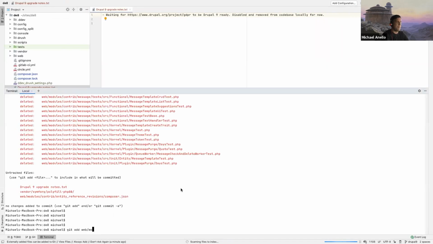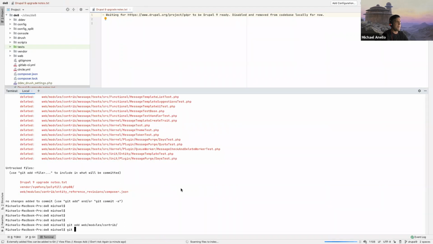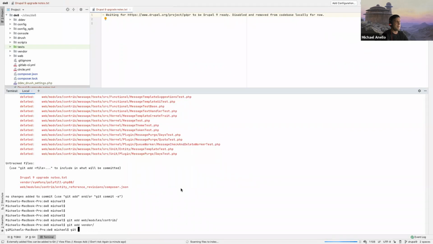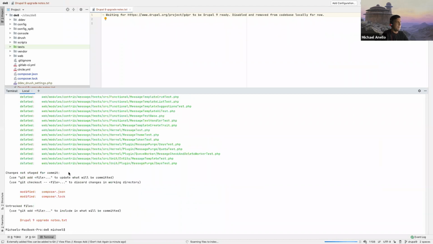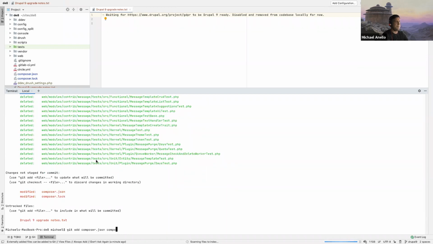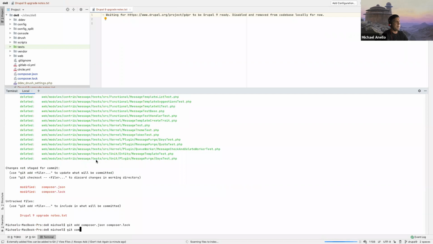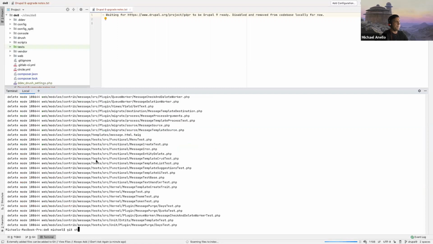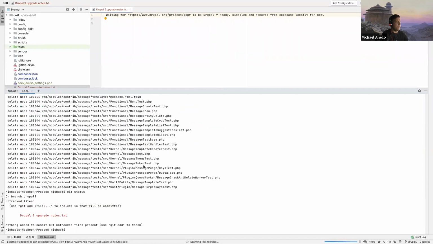Git add web modules, contrib, git add vendor, git status. Well, obviously the composer.json, git add composer.json, composer.lock, git commit -m, removed GDPR and module and dependencies. All right, git status, woohoo. So now we can finally get back to our